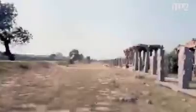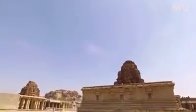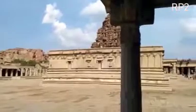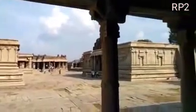Here lie the ancient ruins of Vijayanagara, believed to have been constructed between the 14th and 16th centuries AD. At its center stands the Vitala Temple Complex, a masterpiece of Indian architecture and the largest and most revered temple